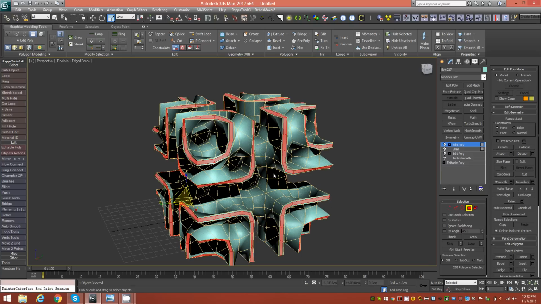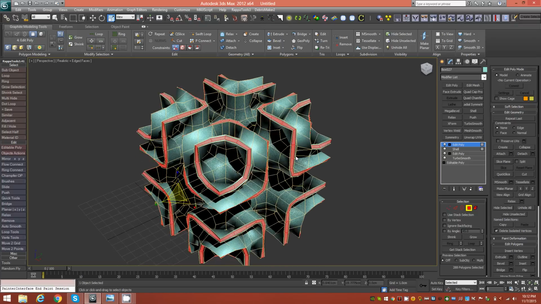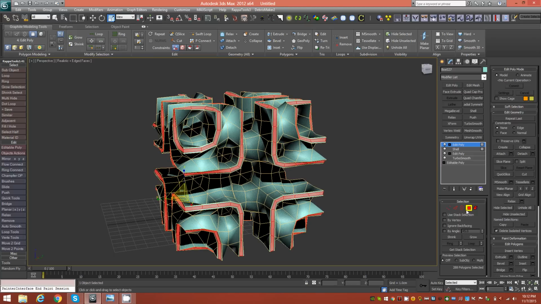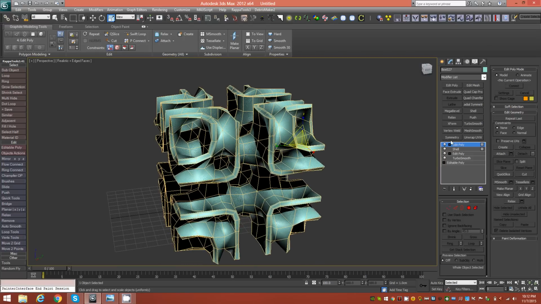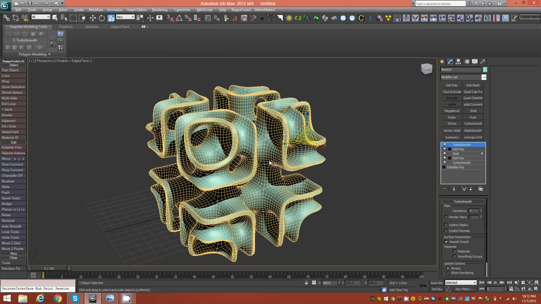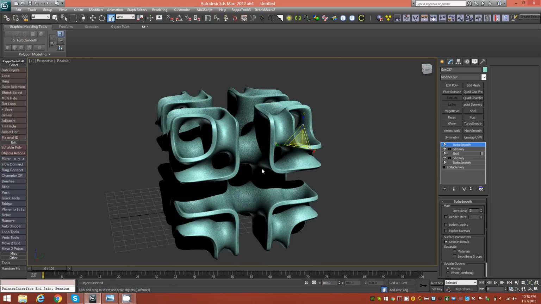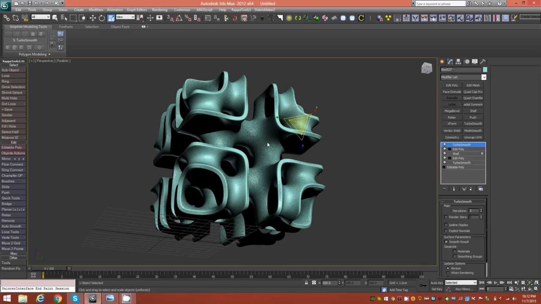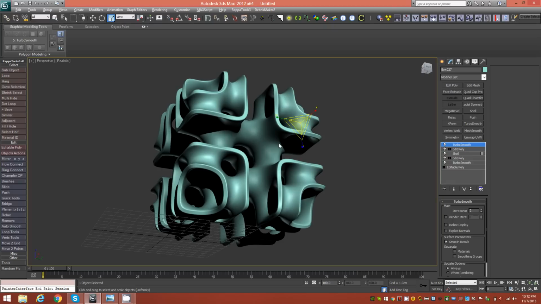Okay, and this could be varying depending on how sharp you want your edges to be when you go ahead and smooth them with another iteration of subdivision. Alright, so finally on top of this we will add another turbo smooth, and I will increase the iterations to 2 for a nice smooth result. And if I remove the edged faces, you can see we have our object that we were hoping to get. And it has a nice thick